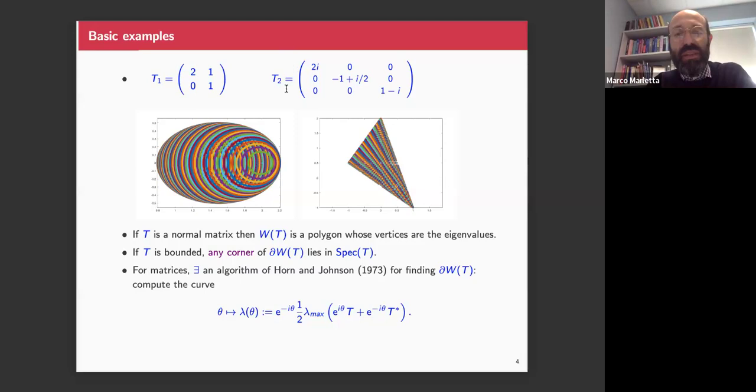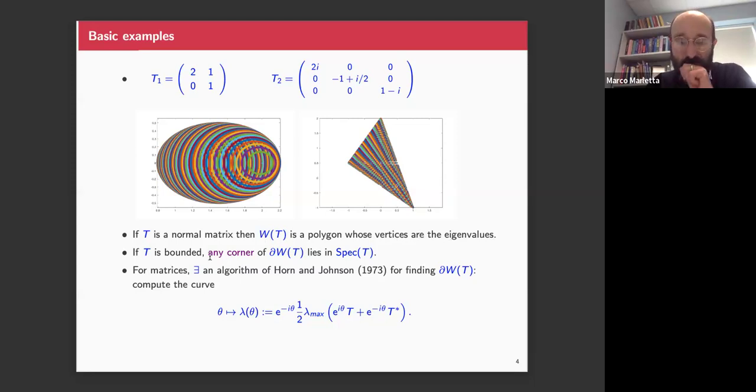Now, T2, if you look at this matrix T2, it's diagonal. Its eigenvalues are strictly complex. And because it's diagonal, it's normal. And so its numerical range, it turns out, is the convex hull of the eigenvalues. And the convex hull of 3 points is just a triangle. So in general, if you've got a normal matrix, then the numerical range is a polygon whose vertices are the